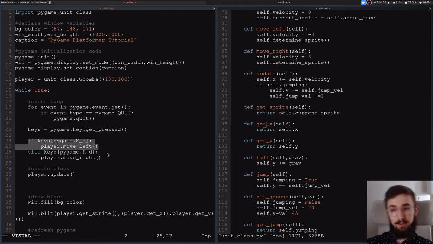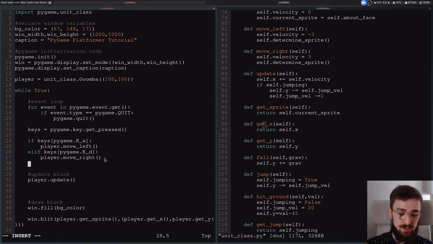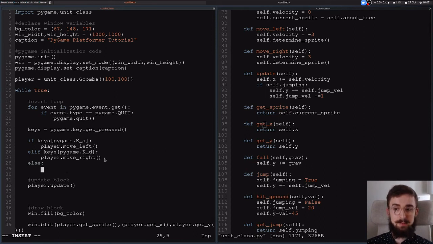But basically now if A has been pressed, we move left. If D has been pressed, we move right. That's it. Normally you can just do an if statement for both of these, it doesn't matter. But since I want to handle the case where I'm not pressing either of them, I want to have an else statement. And that else statement is going to be player